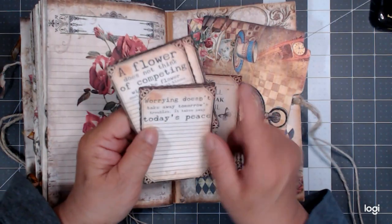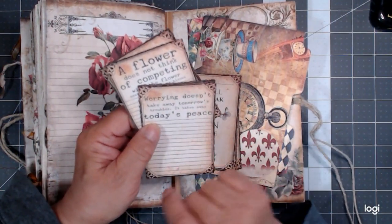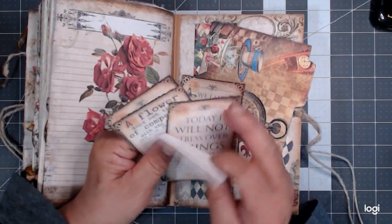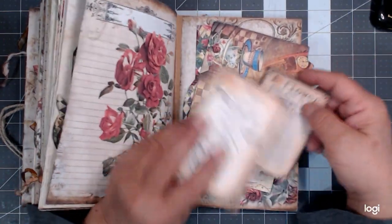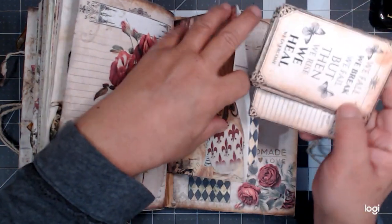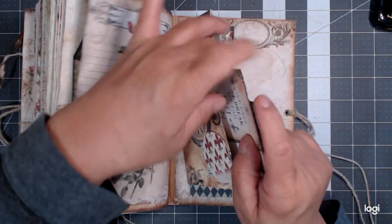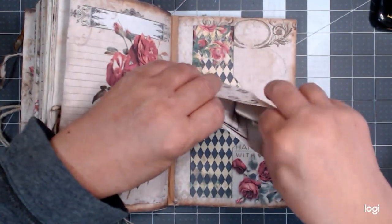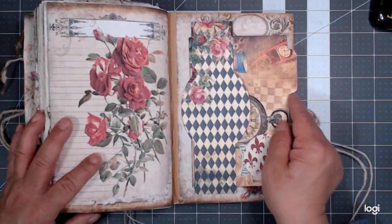And worrying doesn't take away tomorrow's troubles. It just takes away today's peace. And we can be reminded of that, right? All the time. So those beautiful cards with different sayings in here for you to use and place throughout your beautiful journal. Okay. And I'm probably going to add some more features of her elements that I have already cut